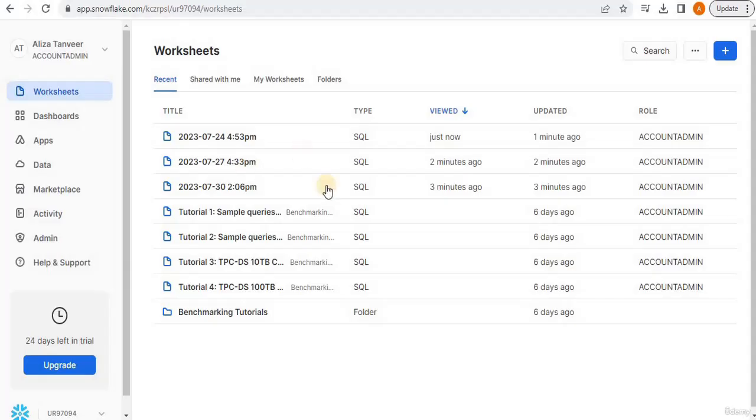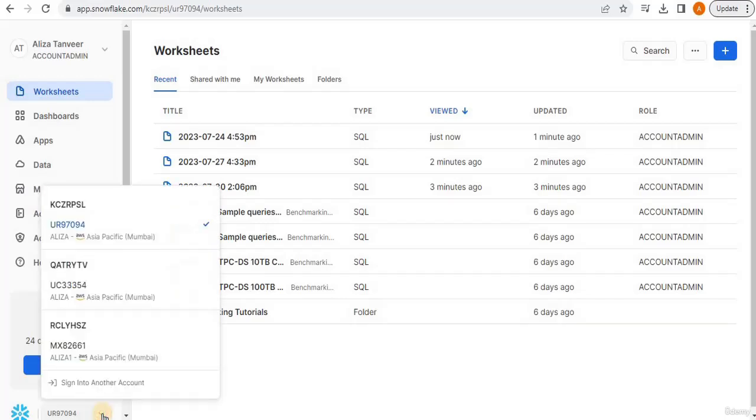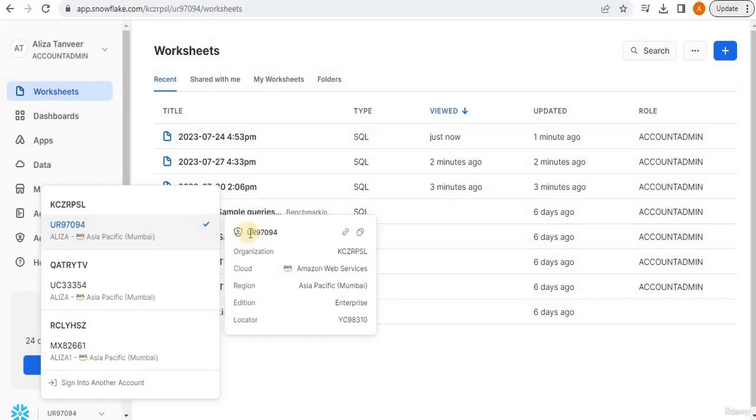Go back to your Snowflake account, and in the bottom left corner, you can see your Snowflake logo and an ID. Click on it and you will see all the available accounts. The first one having a tick is the current account. Click on it and you will see some information about that Snowflake account, which is going to be the account ID, and then you will see the organization.